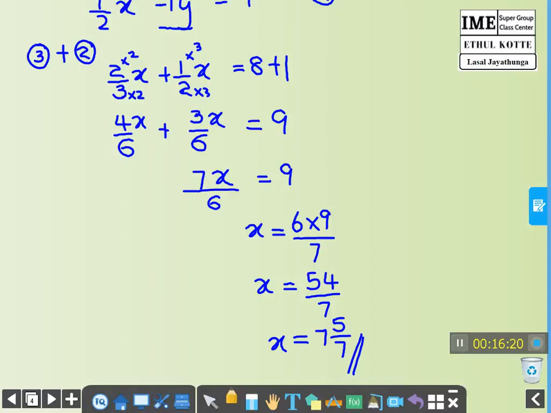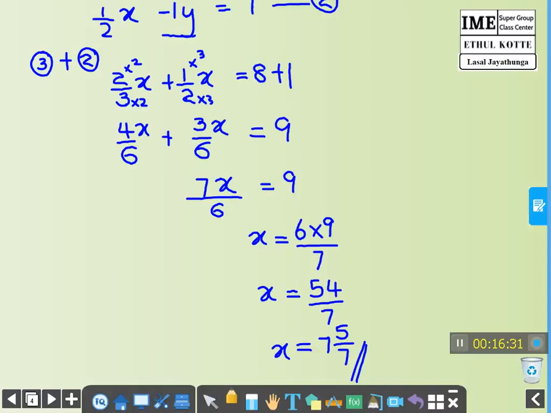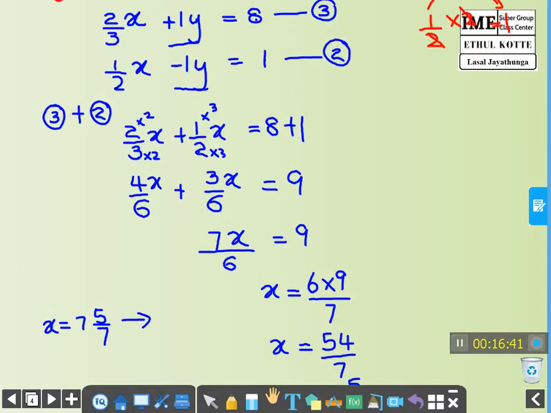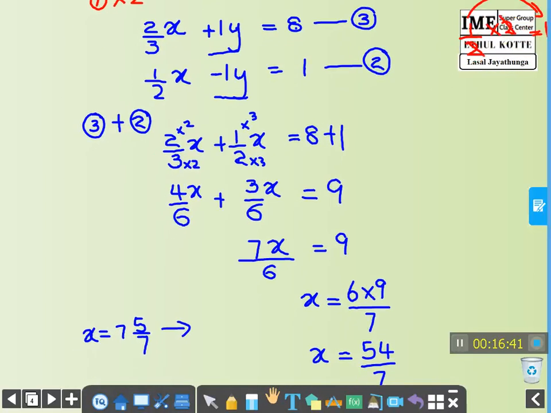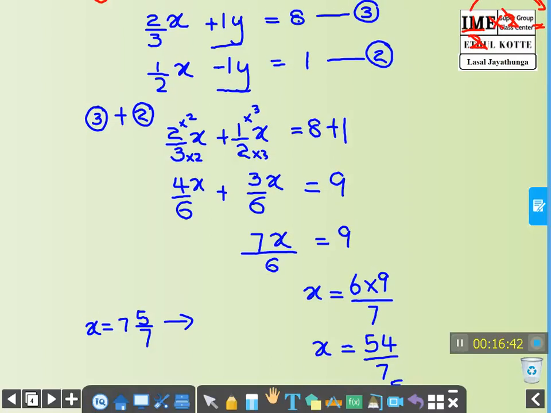Now we have to obtain the value of y. To obtain the value of y, we should substitute this answer. X, how we got? 7 5 over 7. To which equation will we apply? We'll analyze the equations and we'll select the easiest one. Yes, I think equation number 3 is easier. We'll apply to equation number 3. You can apply for any equation, select only the easiest one. Equation number 3 is